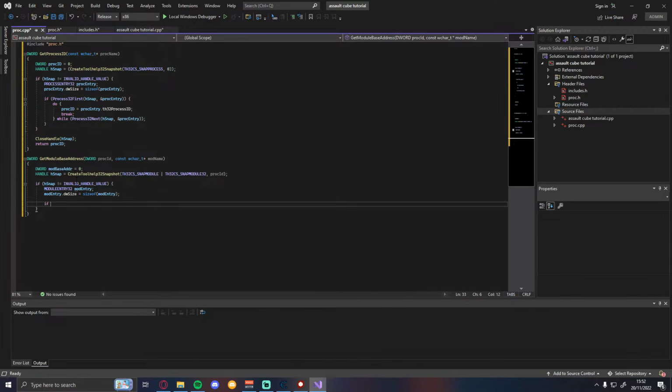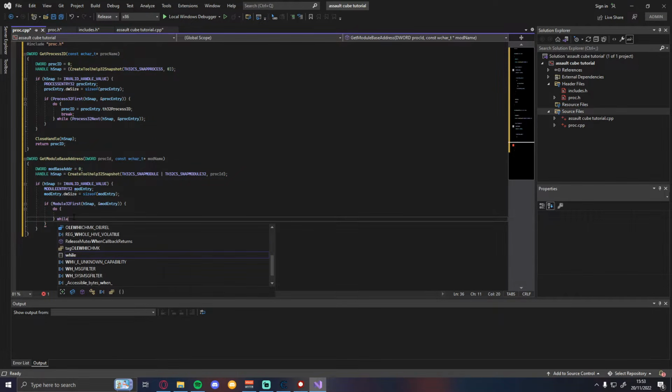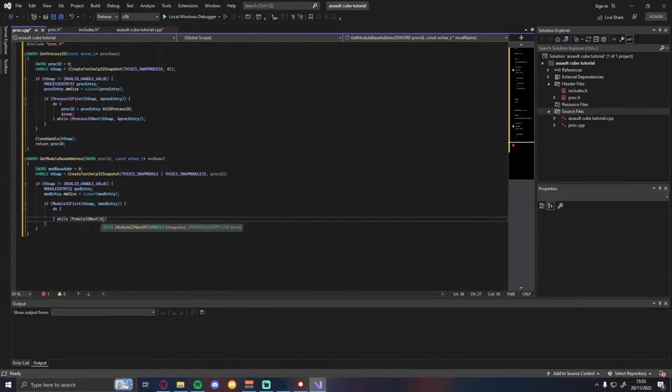And then we've got to say if Module32First hsnap, and then put in the address of modEntry. If that's true, then you're going to want to do, and then you want to do it while Module32Next hsnap and the address of modEntry. And in this statement, you want to do